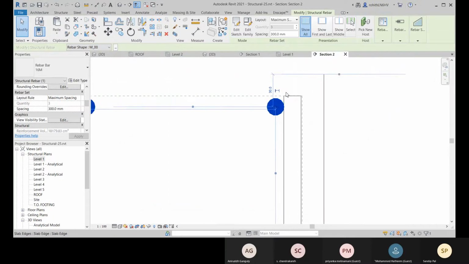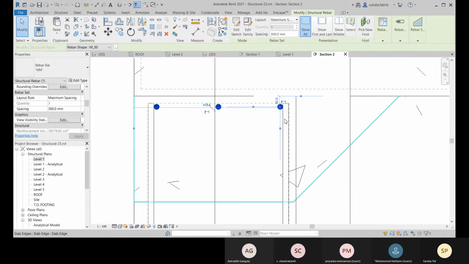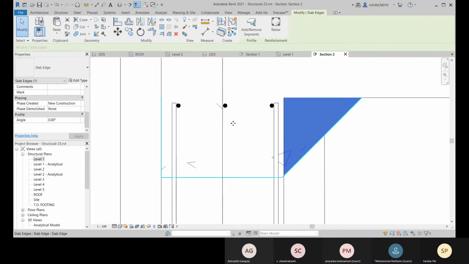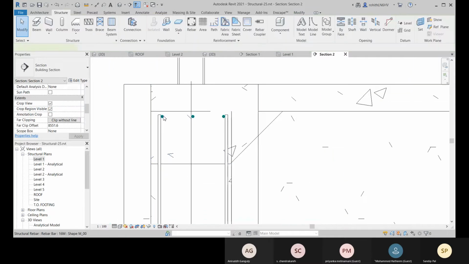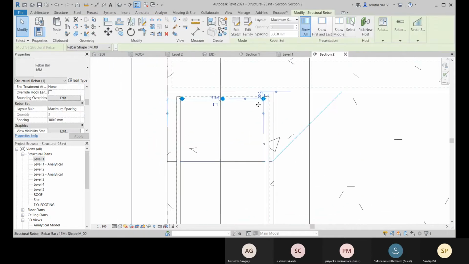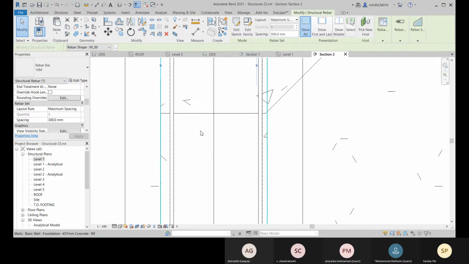So you can select this, and then you can go for array, and you can place all of them in this direction.